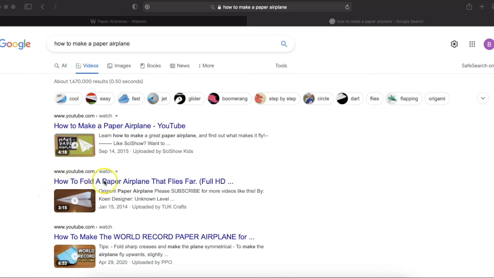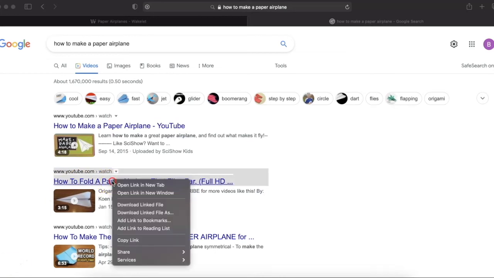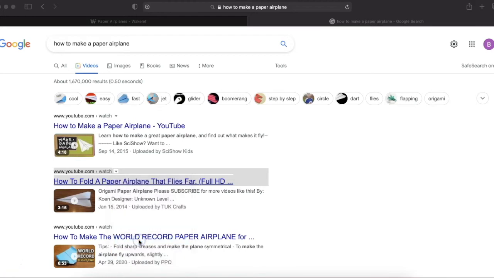Let's look at the second link that pops up. Let's right click on that link right there. Now let's select copy link, because if we clicked on this site right here, this site will open up YouTube and the video will begin playing in YouTube. But we don't want our students on YouTube because students will be tempted to watch other videos. So we're going to copy link,